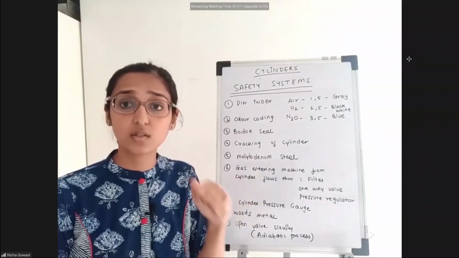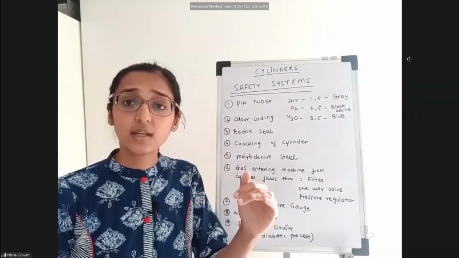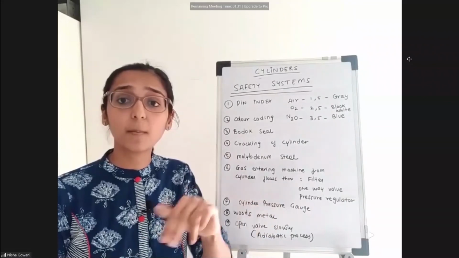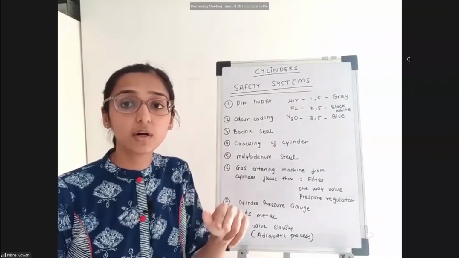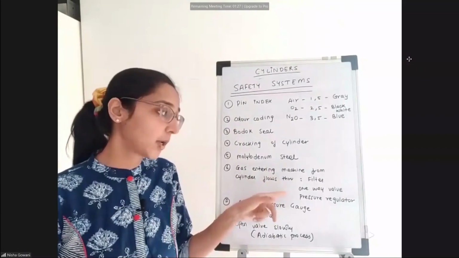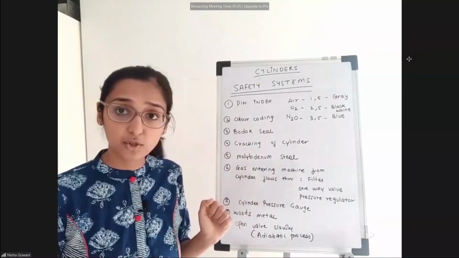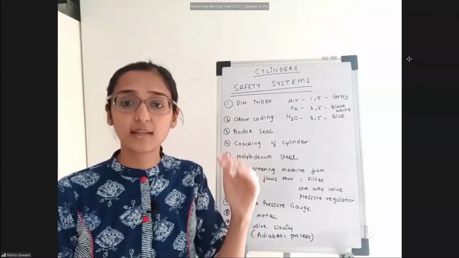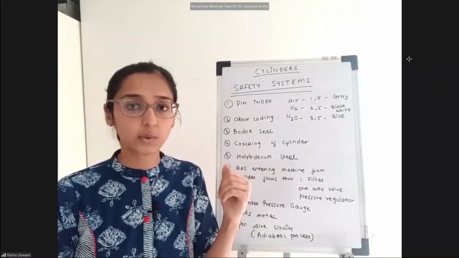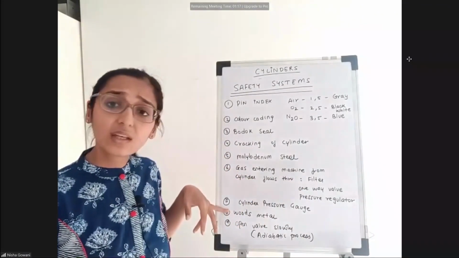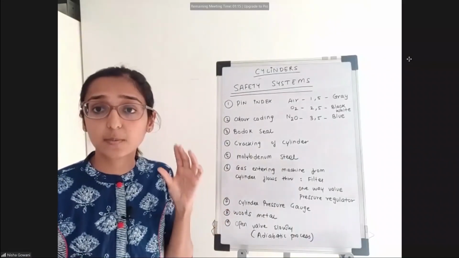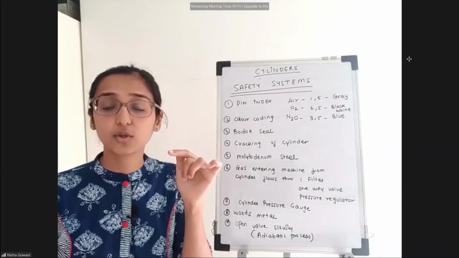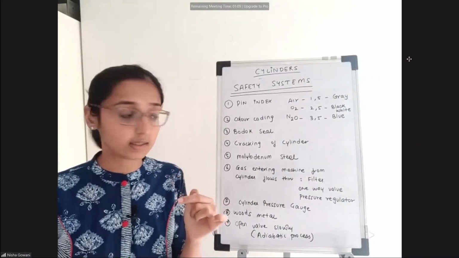So if the nitrous cylinder is open, there is a one-way valve which will prevent the movement of maybe air or oxygen into the nitrous cylinder. The return movement of gases will not occur because of this one-way valve. Also, there's a pressure regulator which will ensure that very high pressures do not leave the cylinder, and it regulates the pressure before the gas enters the machine. Then the cylinder pressure gauge, which is a Bourdon pressure gauge, shows us the pressure within the cylinder.